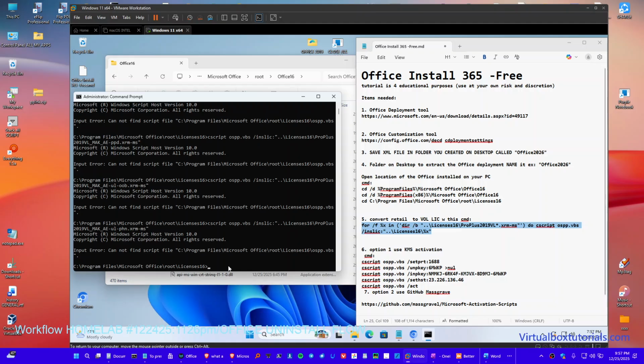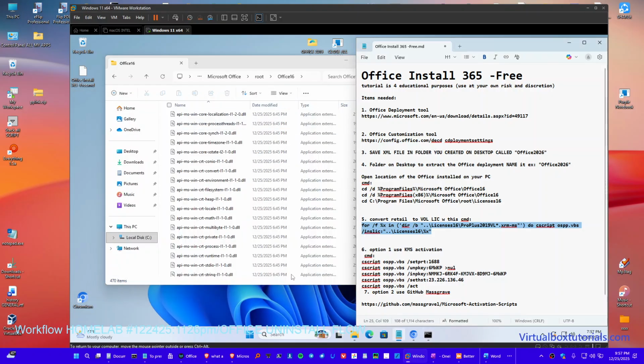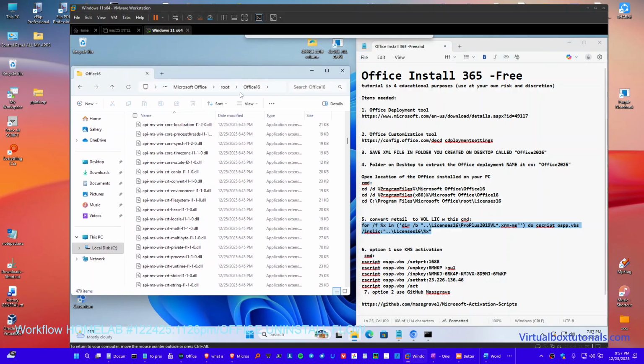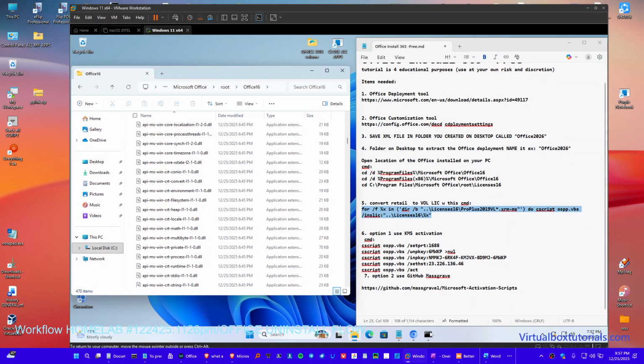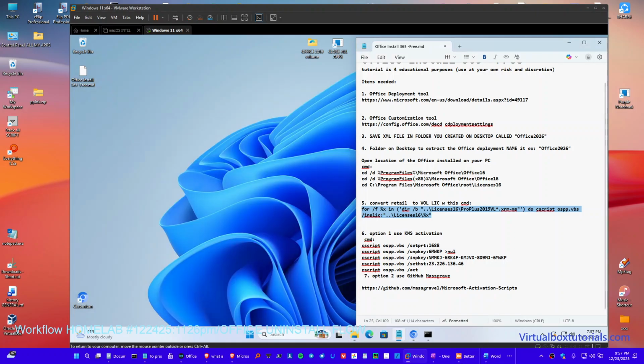Can't find the script. Okay, so it might already be volume license. So now we can get out of there and go straight to the activation, which we're going to use the GitHub Massgrave. So you come here to this site here, hit copy,